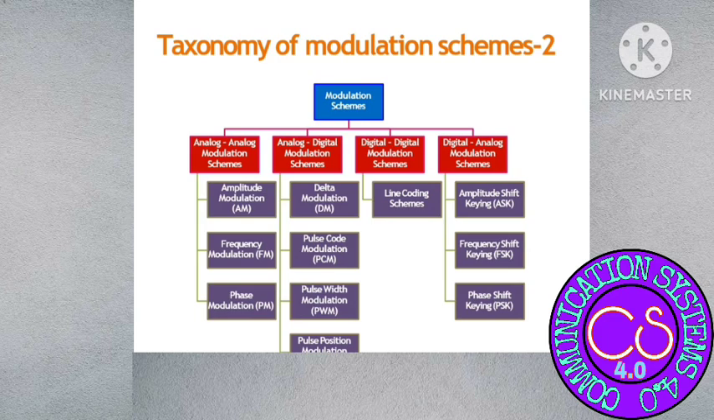and phase shift key. This is actually the chart representing the modulation schemes with respect to the nature of the signal. So there are four classifications, then there are sub-classifications of the modulation schemes. The four should be very clear: analog to analog, analog to digital, digital to digital, digital